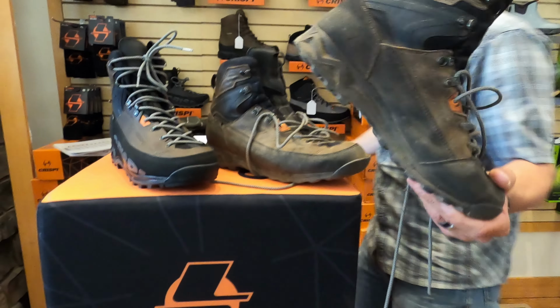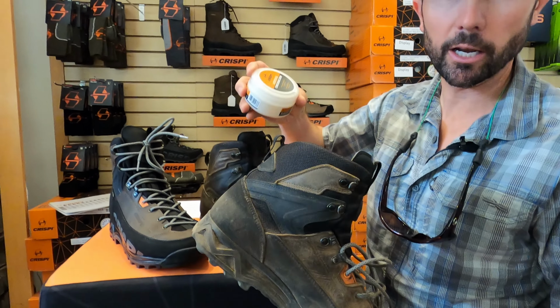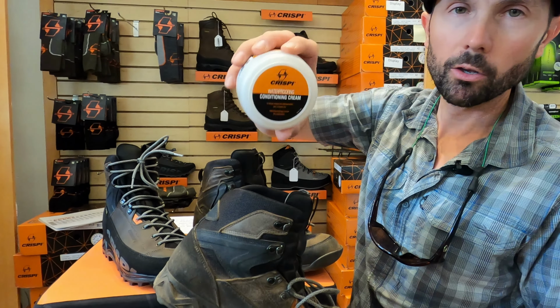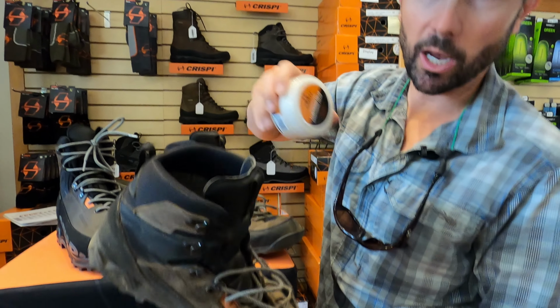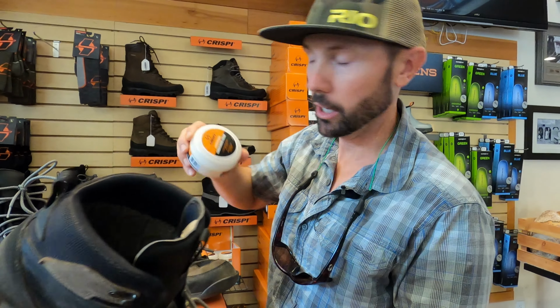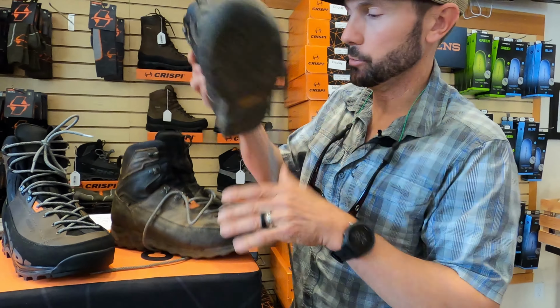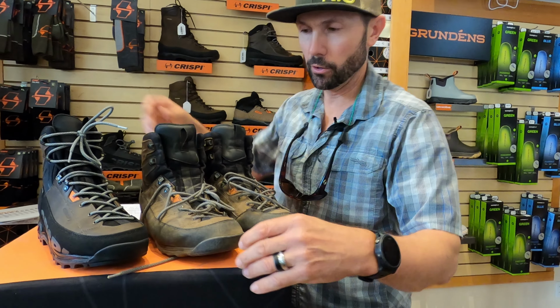So that's one lesson I will say: just because it's a synthetic boot, or primarily synthetic, don't ignore treating the leather on the sides. I think keeping that soft and supple is going to help immensely in the wear pattern. The other thing that I found, and I'm just going to use the new boot as an example on this, is